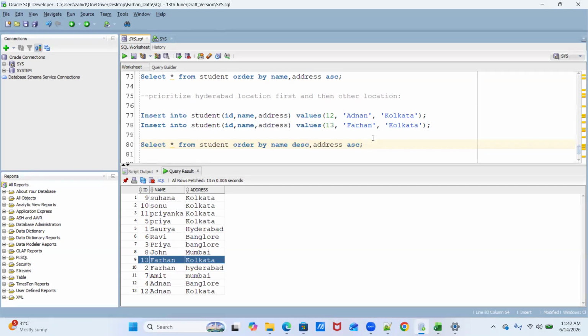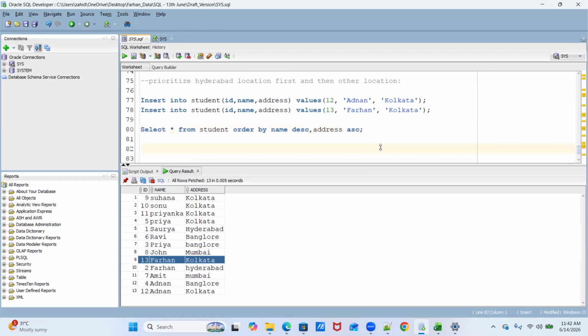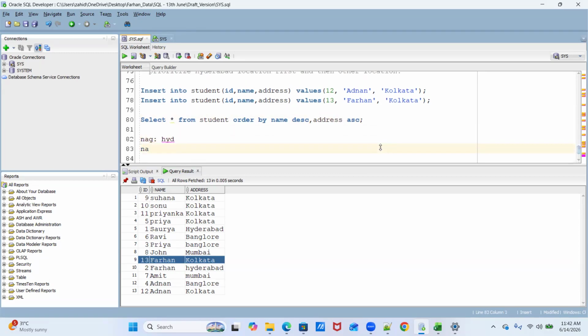Sorry, can you repeat once again? See, now you're applying descending order on the name and ascending order on the address. When initially I belong to Hyderabad, let's suppose, that is the actual one.